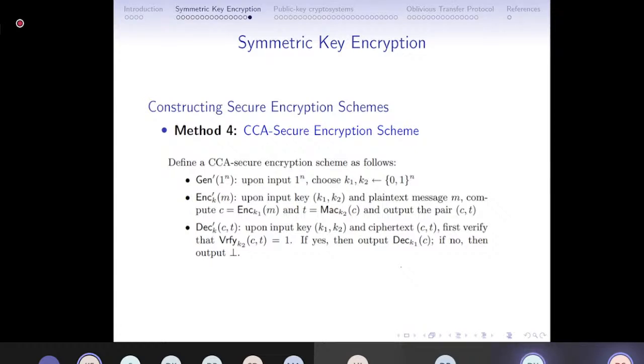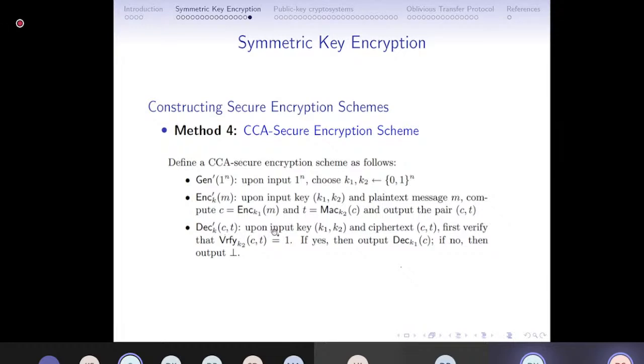So first, in the first case, we have to generate two keys, K1 and K2, by using uniform distribution. Then by using K1, we simply encrypt the message by using any symmetric encryption scheme, and then we construct a ciphertext C. On this ciphertext C, we apply the message authentication code with key K2 and compute the tag, and send the ciphertext and T